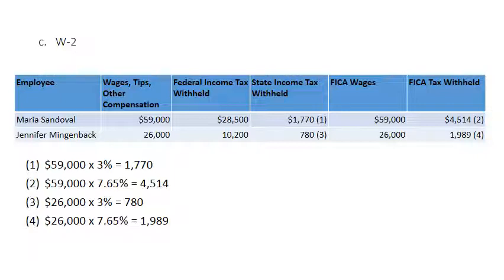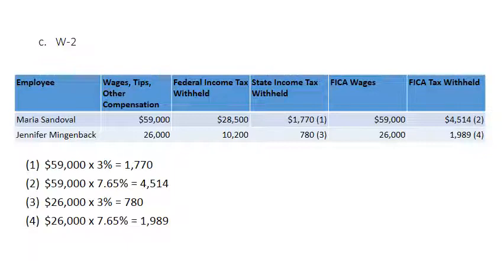So for Maria, the gross earnings were $59,000, and that's what goes in your wages, tips, and other compensation. We had no other information telling us there was more that should go here. The federal income tax withheld, they gave us that number. Now, state income tax withheld, they had a state income tax rate of 3%. So we just multiply the wages times 3% to get our state income tax withheld. So it's $1,770. FICA wages, it's the first